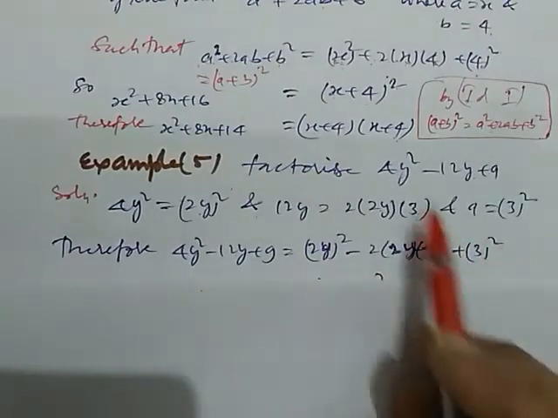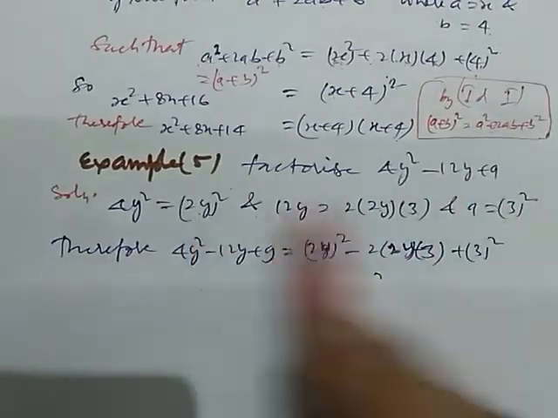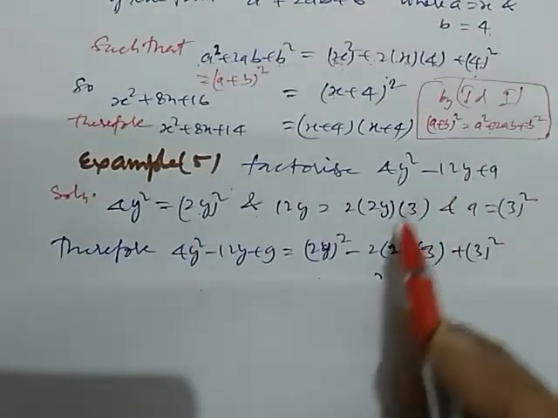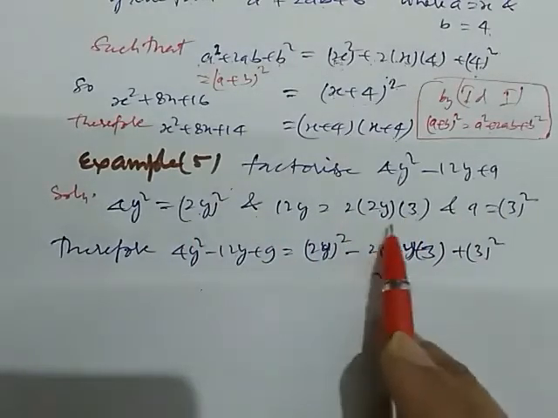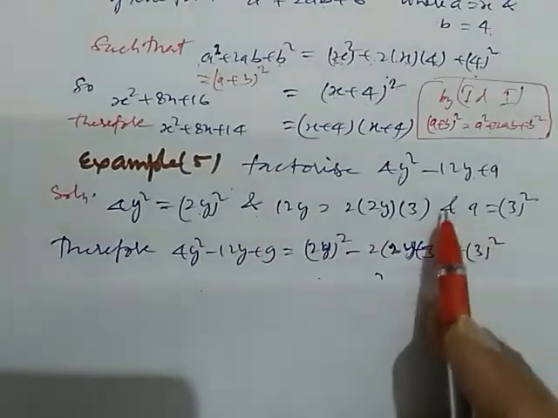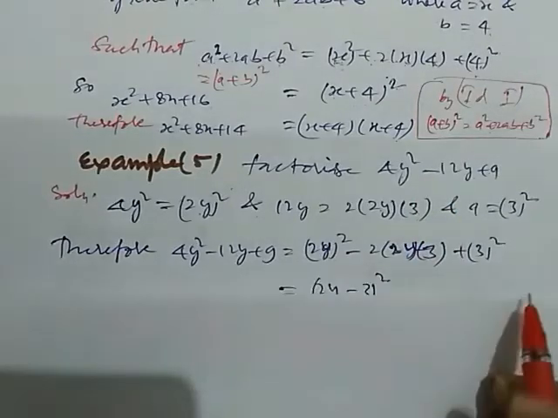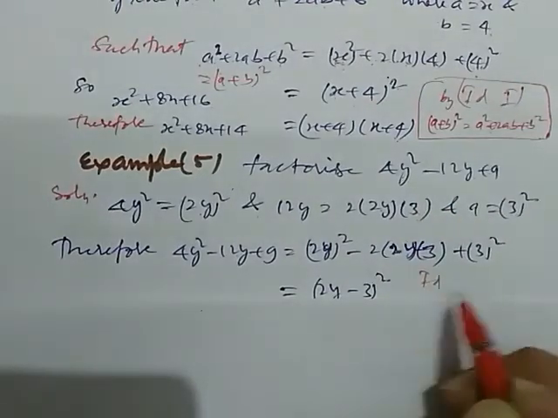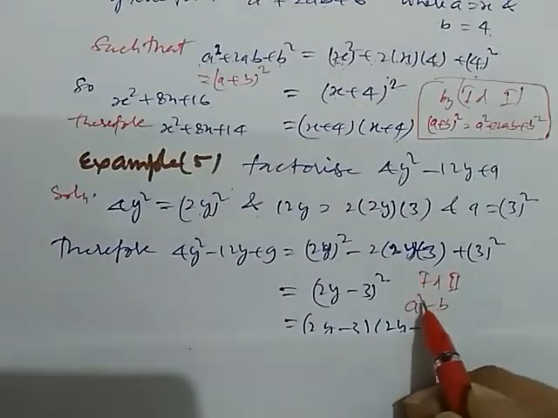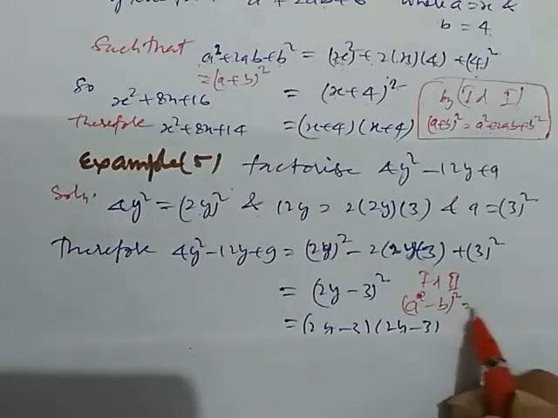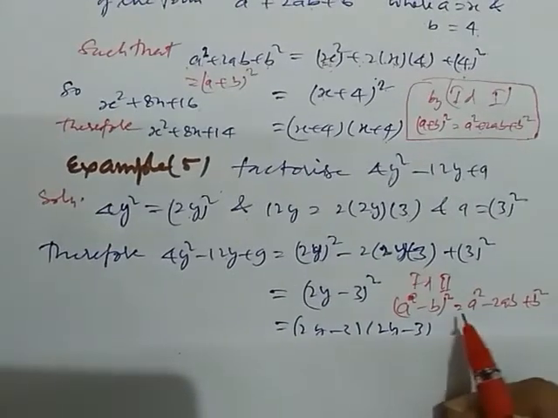Separately we check all these terms. First and last term we make the whole square, and the middle term with the help of these two terms, and by putting 2. So this is the identity second, because here is the minus and our identity second contains minus. So here we use identity second. What is our identity? a minus b whole square is a square minus 2ab plus b square. This is our second identity.